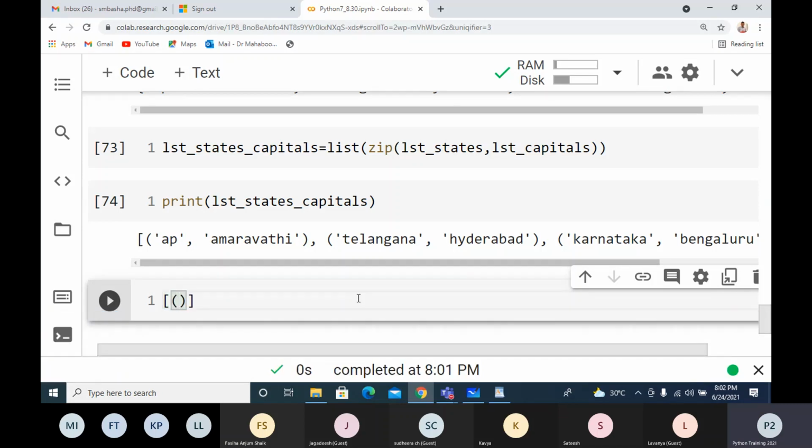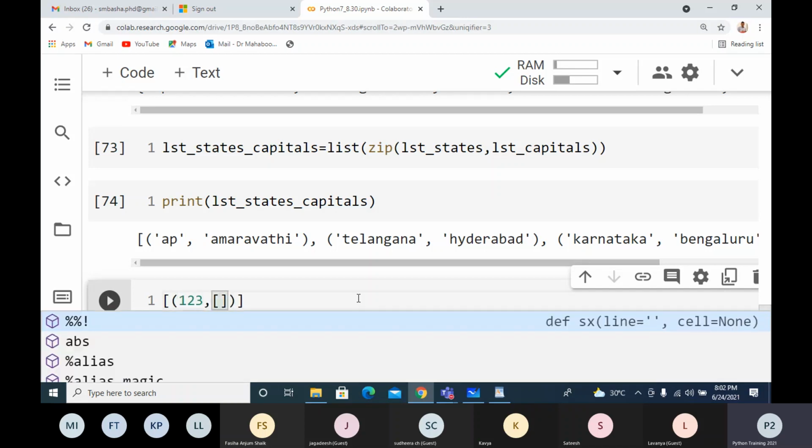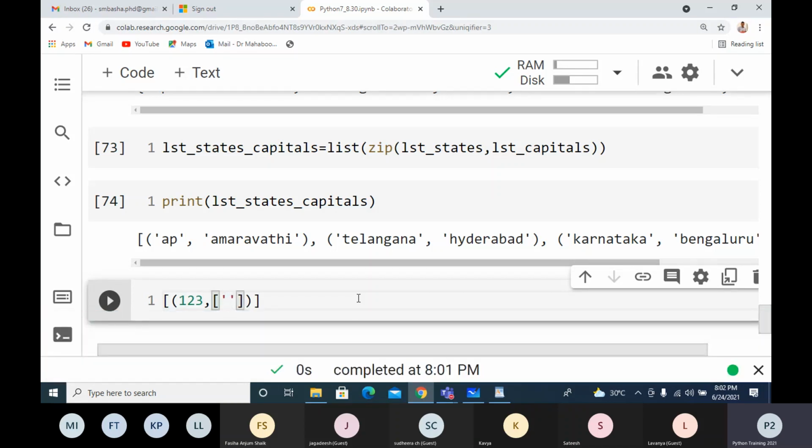I'm taking the roll number of the students, which is 1, 2, 3. Then I have the other details of the students, like the name of the student. Just to make it simple, I'll take roll number and name.